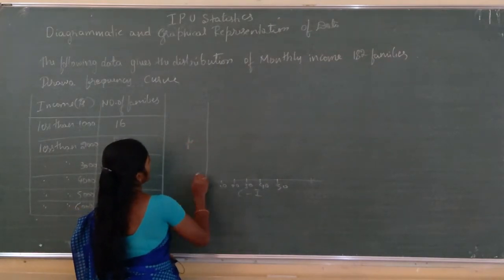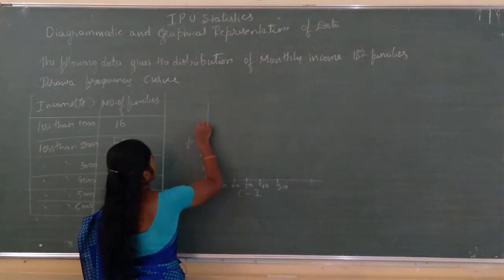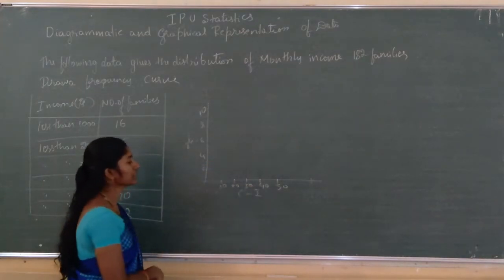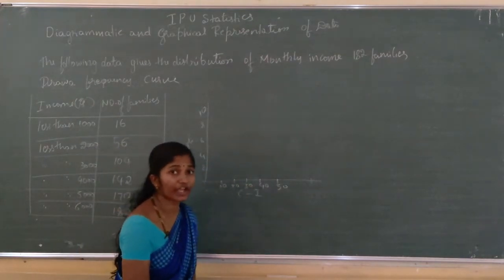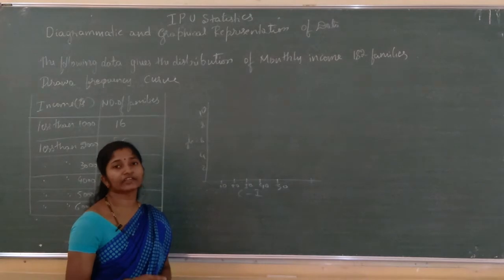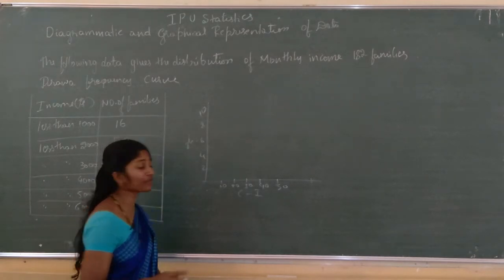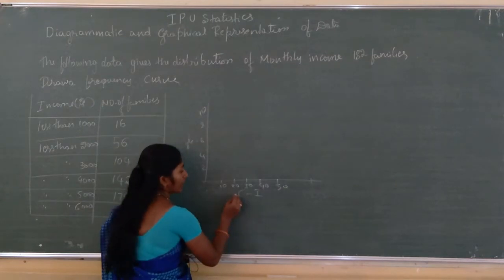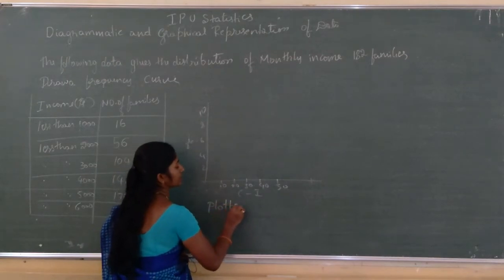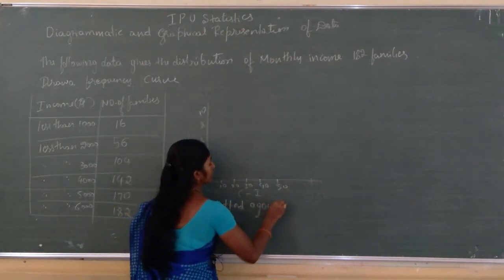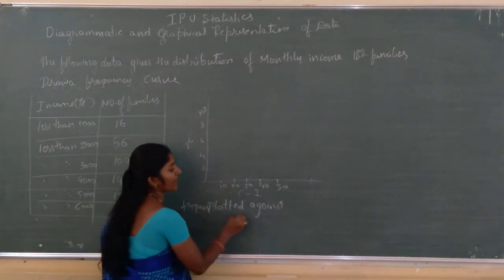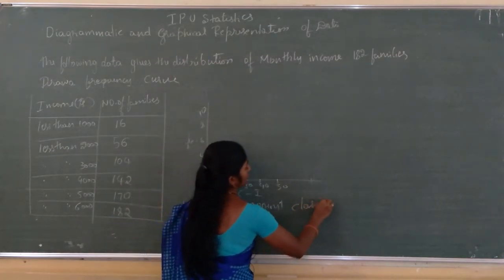Here frequencies are taken, for example it was 2, 4, 6, 8, 10 like this way. Frequencies are given, we are writing there, and these class frequencies, that is plotted against which one? That is the class mid values, in the frequency polygon and in the frequency curve. So, what we are taking here? We can write down a class interval directly, but plotting, that is plotted against which one? Frequencies plotted against class mid values.